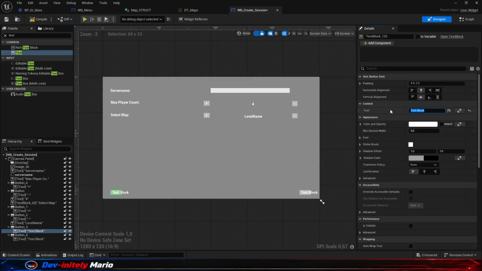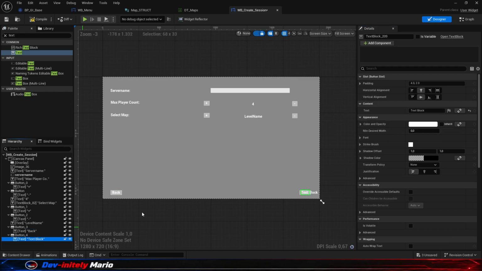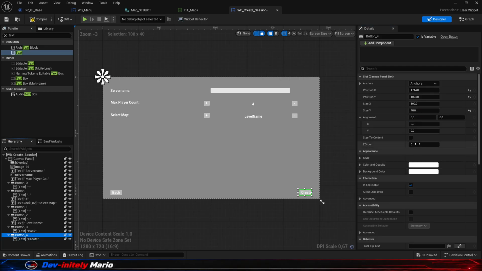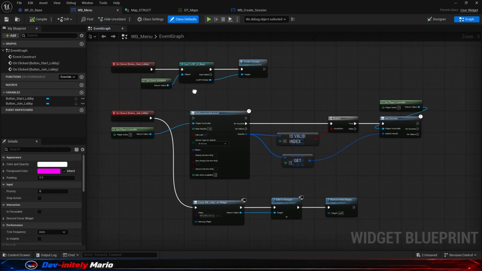Here we want to write back and we want size to content. Here we want to write create and size to content. Now we have a decent looking blueprint, and we have to get it onto the create lobby